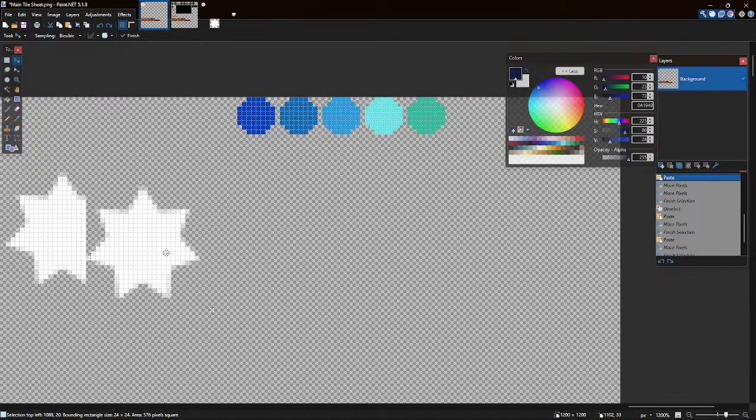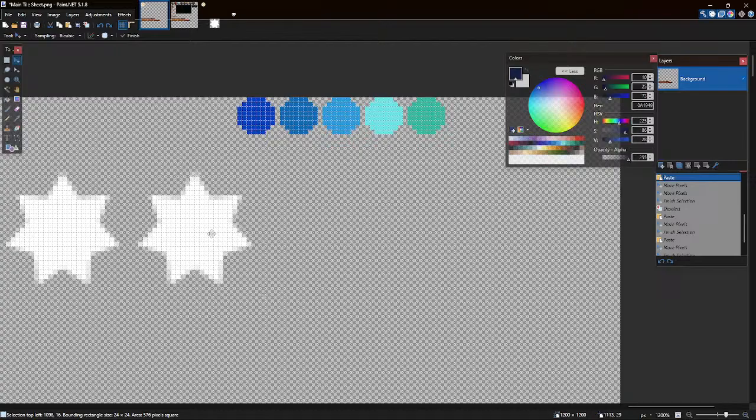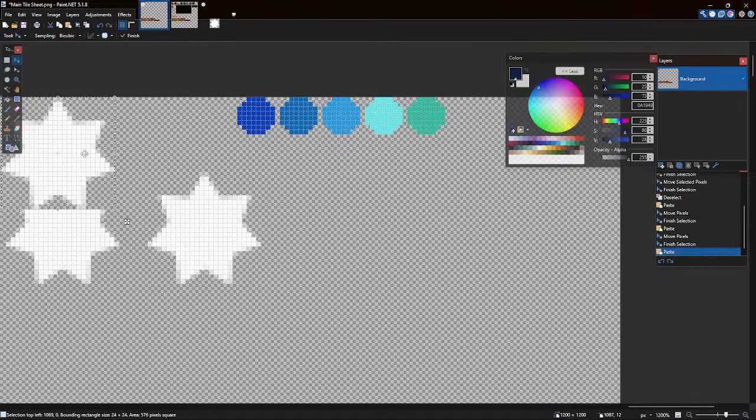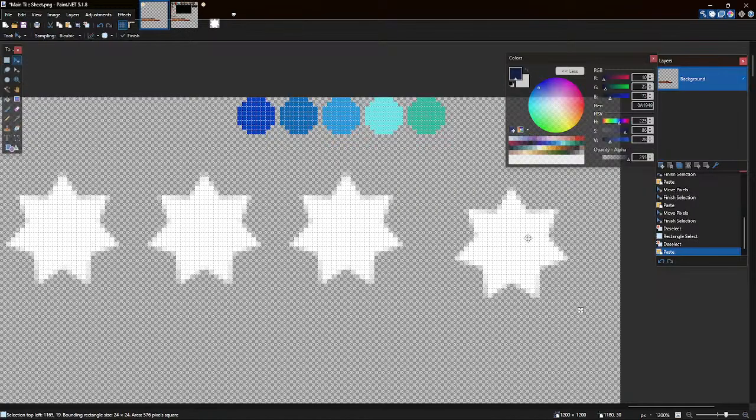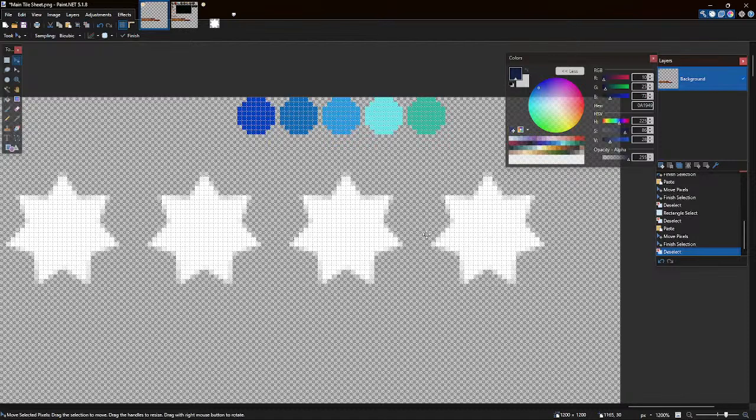Starfield doesn't seem to be worth it. 1130 by 16. Oh. 1070, 1100, 1130, 1160. 516. So